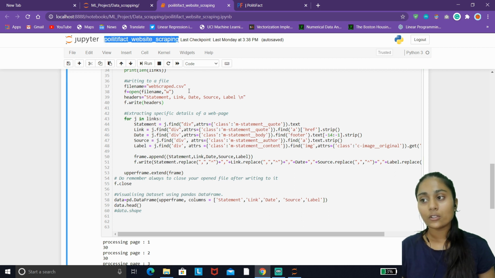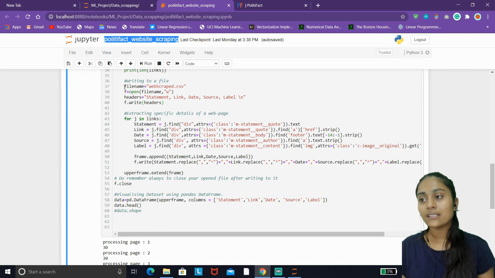So you don't have to worry about the location, and you don't have to specify where the location of this CSV file would be. It is so simple to use and to make your CSV file from your Jupyter IDE. So I would recommend you to use that only, and it is very simple.